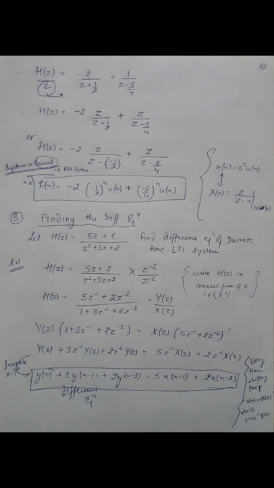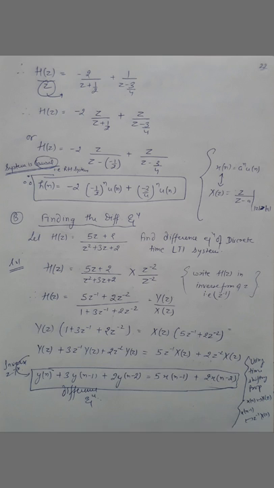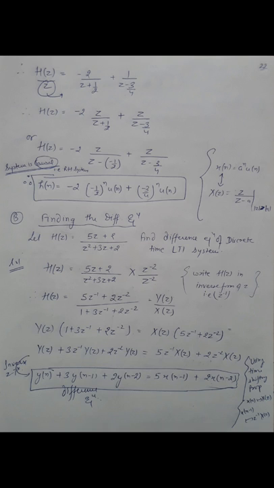So rewrite: H(z) is equal to minus 2z upon z minus of minus 1/2 plus z upon z minus 3/4. We know from the last few lectures that x[n] equal to a raised to power n u[n] has transform z upon z minus a, with mod z greater than a. So by seeing the transfer function, we can write the inverse z transform h[n] equal to minus 2 times minus 1/2 raised to power n u[n] plus 3/4 raised to power n u[n]. How do we know that we have to take the right hand side sequence, a raised to power n u[n]? Why not u[-n]?